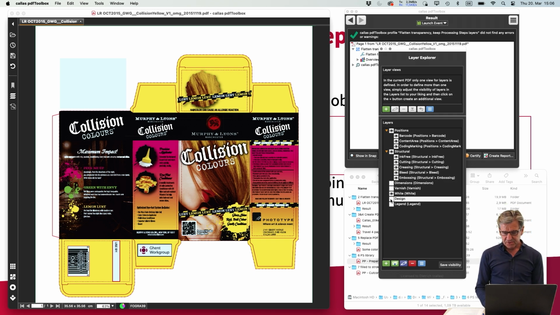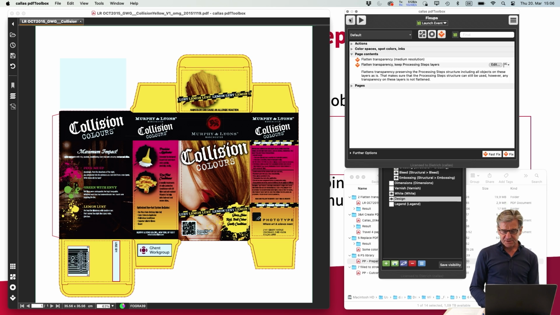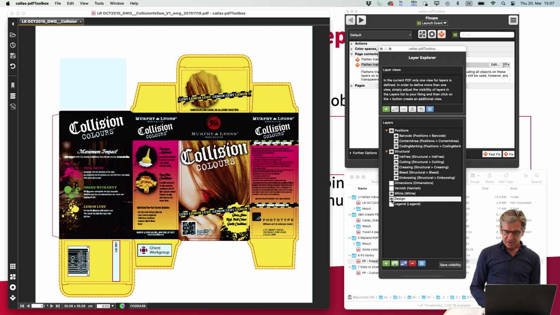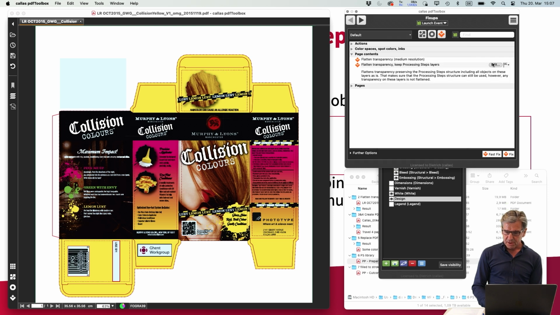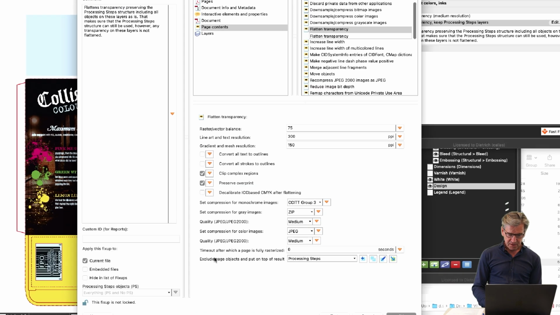So why is that the case? It took me a moment to find out in the first place. Why is that the case? Because that is not processing steps. The design layer is not a processing steps layer, and therefore it has ignored it, and therefore that layer doesn't work anymore. And that is because I've set up the fix-up to flatten transparency, and here you see the new